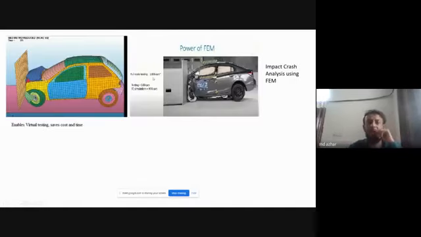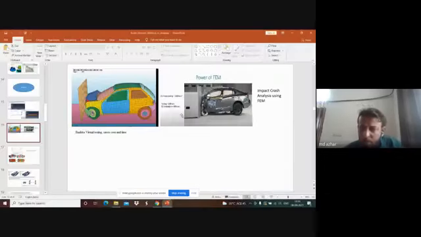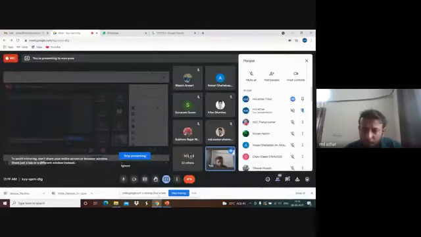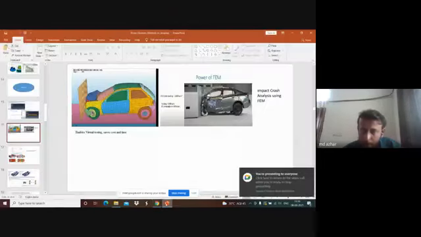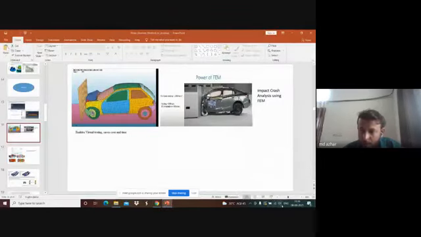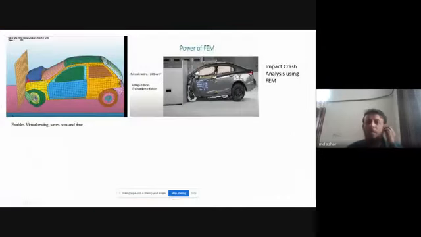Now this is very interesting. I'm telling you something from a completely industrial perspective now, and this is something which you will probably not see in the class. This is something very interesting. So you can see, what is this? This is a car being crashed into a wall. Whenever a car design is finalized, one thing which happens in the car design is that